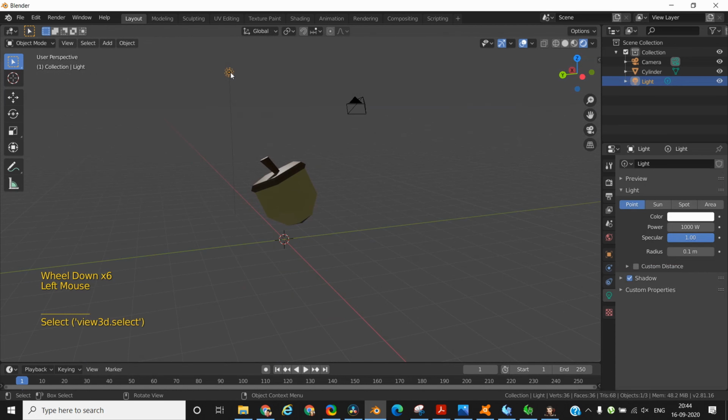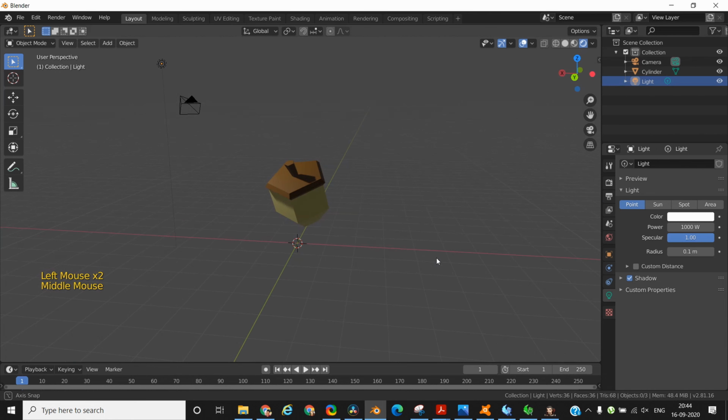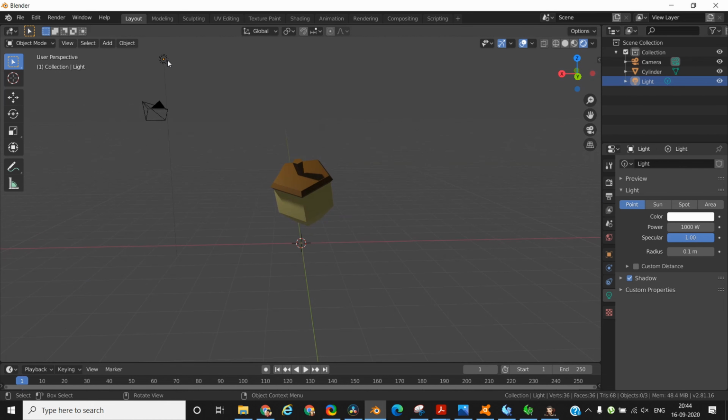The moment I delete it, or I can disable it from here. This is your window where it shows all the objects that you have in Blender. So if I click on this, it gets disabled and the shadow gets disabled. What I want to do is put 2 more lights. So I just want to duplicate this light. It is a good light of 1000 watts. So I just want to duplicate it.